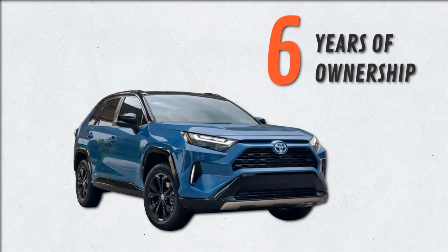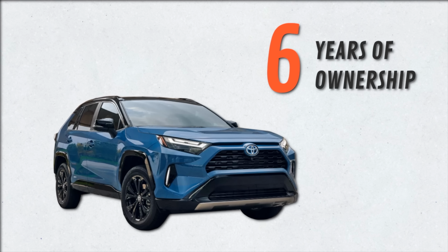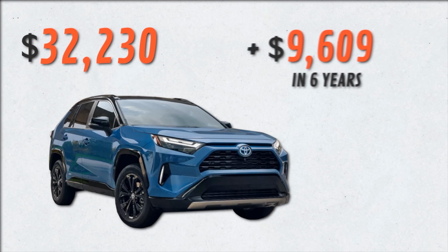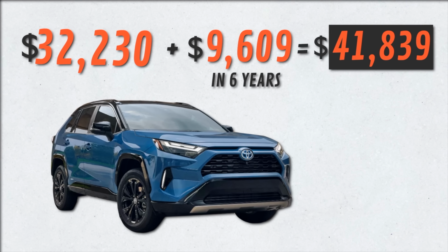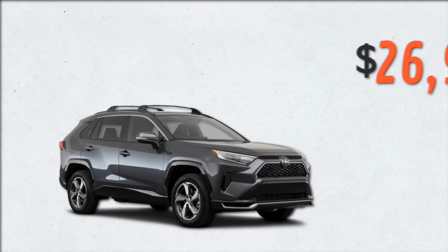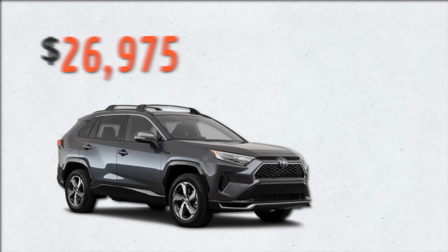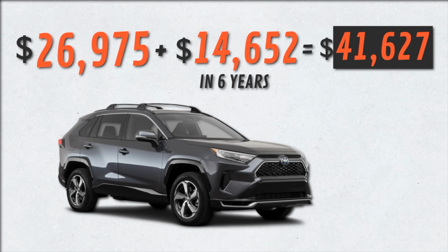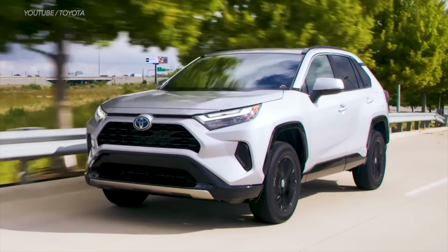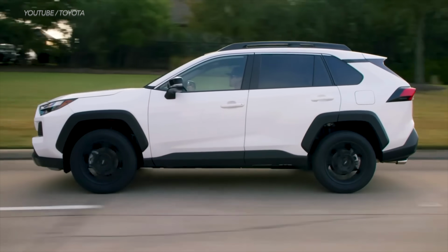Let's look at the 6-year total cost of ownership of a 2022 RAV4 Hybrid SE. MSRP is $32,230. So with estimated gas cost over 6 years, that means $41,839. The 2022 gas-powered Toyota RAV4 is $26,975. So total cost operated over 6 years is $41,627. When you put it all together, the hybrid and gas-powered RAV4 are nearly neck and neck during 6 years